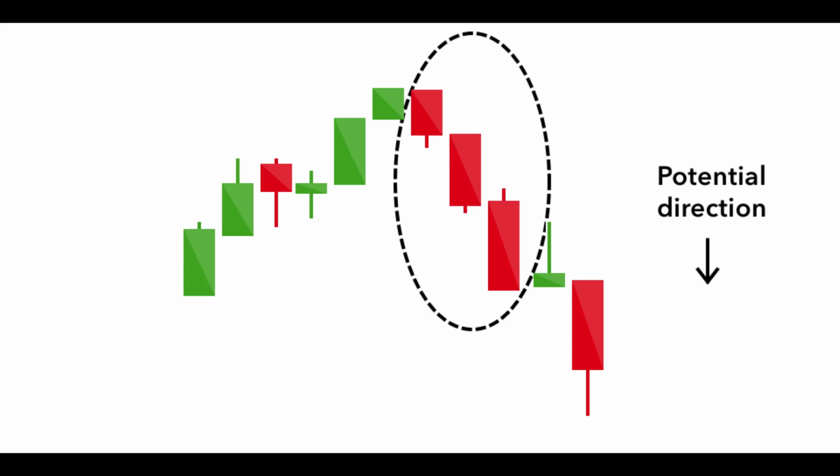Now this particular candlestick is the three black crows. The three black crows candlestick pattern comprises three consecutive red candles with short or non-existing wicks. Each session opens at a similar price to the previous day, but selling pressure pushes the price lower and lower with each close. Traders interpret the pattern as the start of a bearish downtrend, as the sellers have overtaken the buyers during three successive trading days.